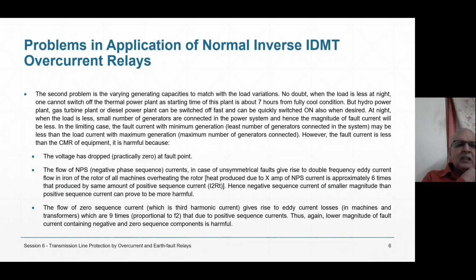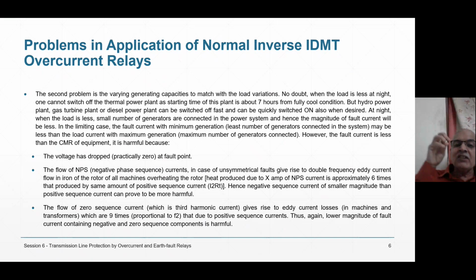Another problem in the use of the normal inverse IDMT overcurrent relays, or for any relay, is varying generating conditions. Varying generating conditions means at night the load is less, so you are reducing the generation. So at night when a fault occurs,